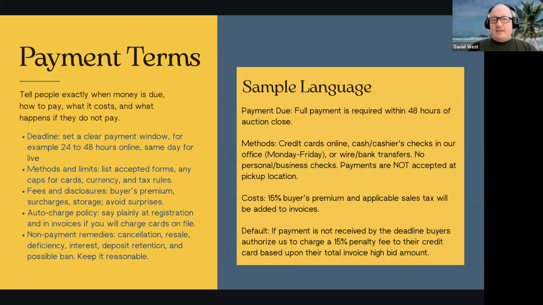That does several things. It gives the existing buyers and bidders an opportunity to again use the auction method to express their values and their wishes. It also makes it very clear that your terms and conditions mean something. If you don't enforce these rules, then they're not very good, right? It's like a parent who tells their kid they're going to take their cell phone away for a week or something like that, and then the night's over and they hand the phone back to the kid. What's the kid learning, right? What are the bidders learning if you don't enforce your terms? You're teaching them, and they are learning.